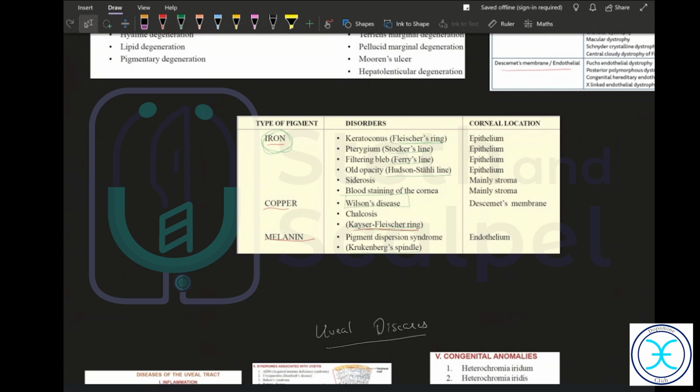The most important one being cataract removal, that is your manual small incision cataract surgery and your phacoemulsification. After that would be your keratoplasty. Other than that, your dacryocystorhinostomy. If you know them in that order, it's enough. So first preference is cataract surgery, second is phacoemulsification, third will be your DCR, dacryocystorhinostomy, and then finally your keratoplasty. These four are the procedures which you need to know as a UG graduate in ophthalmology.